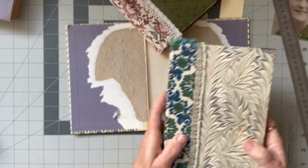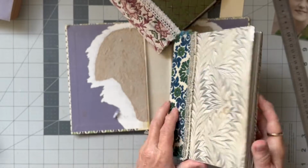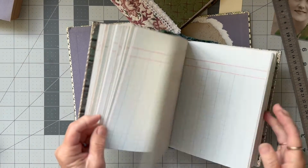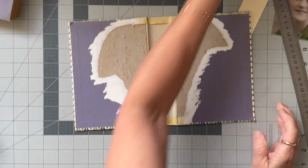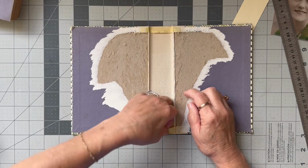And this one here, again, I kept it pretty original. I've just put some corners on it, and this one has a lot of sort of ledger papers and different papers in it. So again, very simple, so you don't have to cover them in fabric, but I quite enjoy doing that. And I've got some fabrics I'd like to use, so